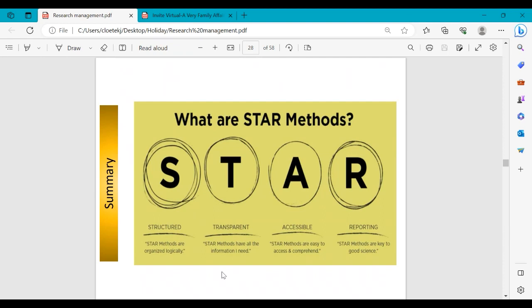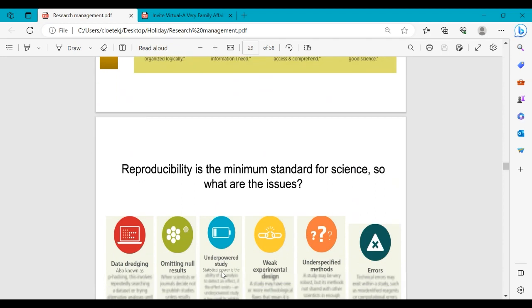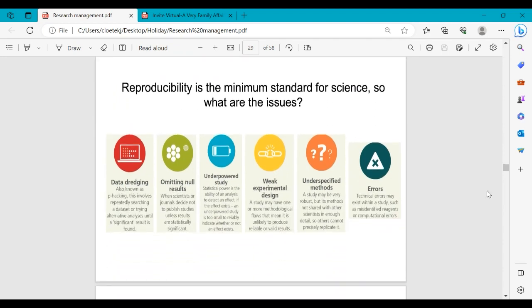The data needs to be accessible, and the reporting is very important in how you interpret your results and describe and discuss them. Now, there are issues in reproducibility in science. For example, you have data dredging, also known as p-hacking, and this involves repeatedly searching a data set or trying alternative analyses until a significant result is found. So this is a common problem in